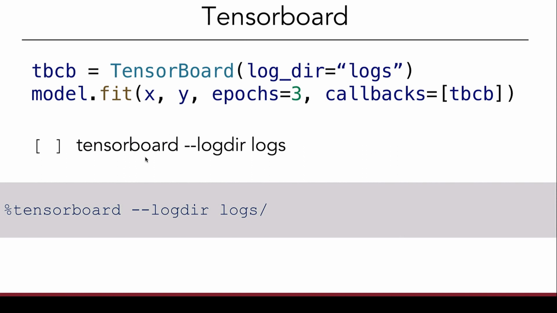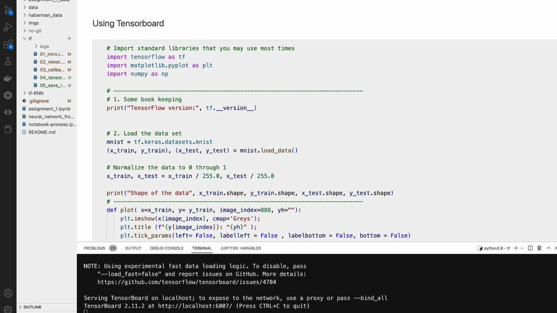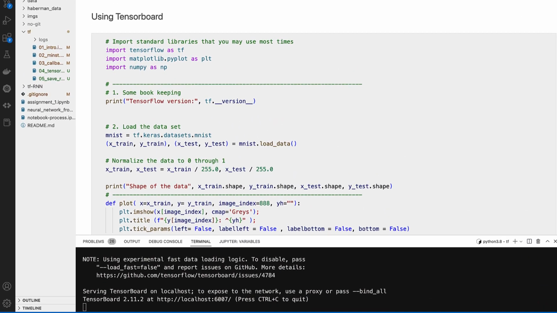Once you do that, from the command line you would kick off TensorBoard with the command tensorboard with the logs directory, or you can also do that in your Jupyter notebook by using a percent sign, which we are going to look into more closely right now. So I'm going to be using the same example that I used from the last one, the TensorBoard